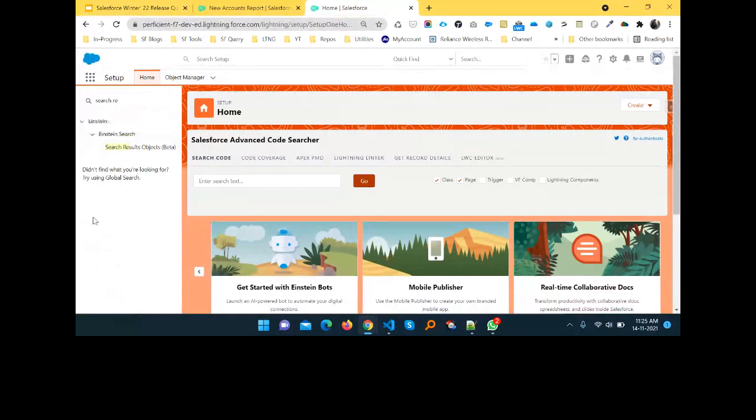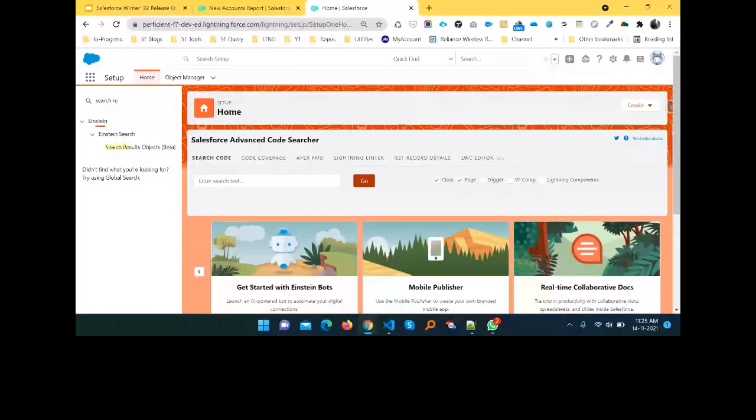Still in beta, you can see here under the Einstein section, or Einstein Search, you can see my options, this one, Search Result Objects Beta. Once you click this one, you can easily find your object regarding which profile. Okay, so here you can see Default Search Profile Einstein, this one.